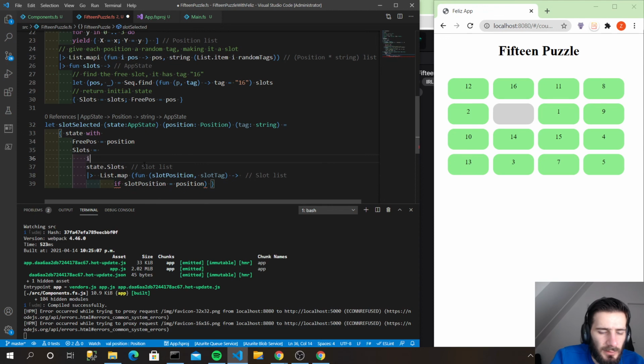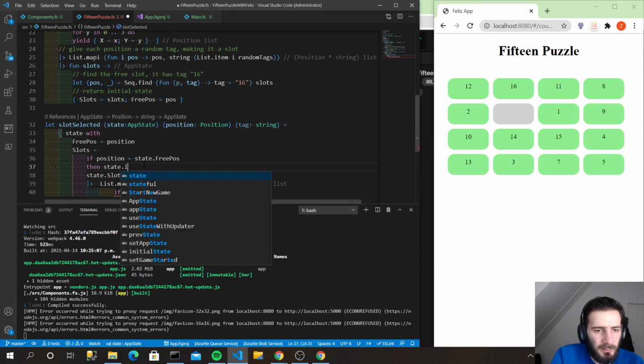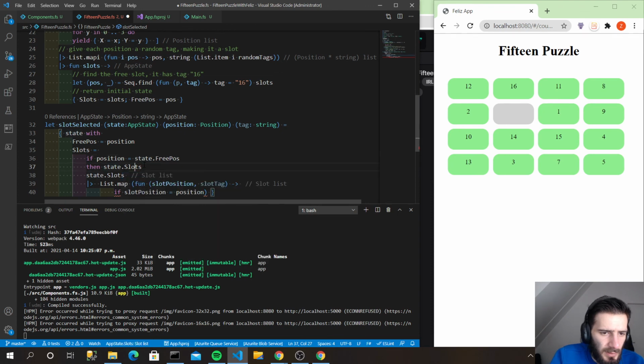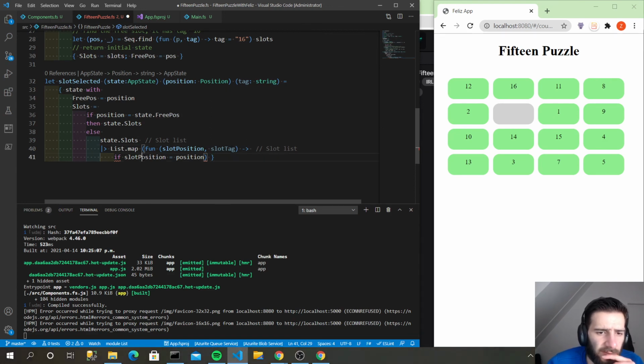So first of all, if position equals state free position, then do nothing, then state dot slots, because we don't want to change those. Otherwise, else we want to do something with the slots, where we know the selected tag is not the same. If the slot position is this position,